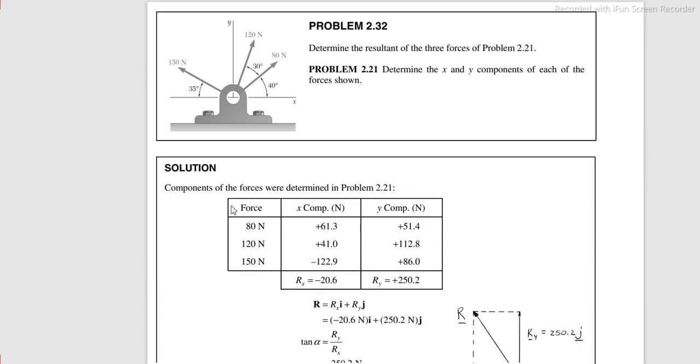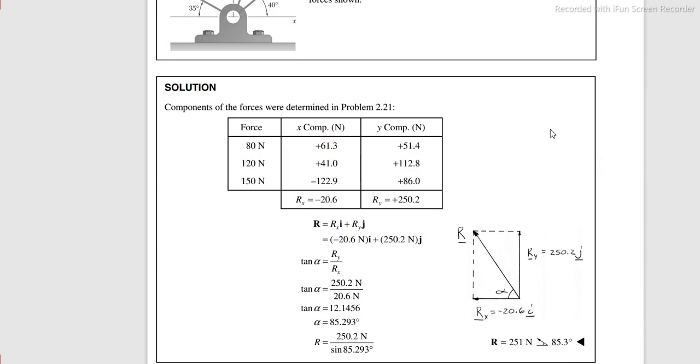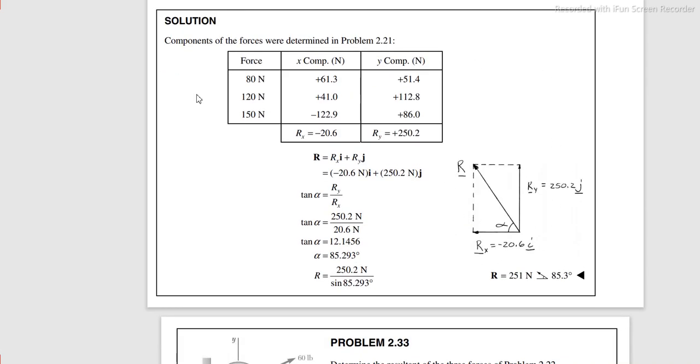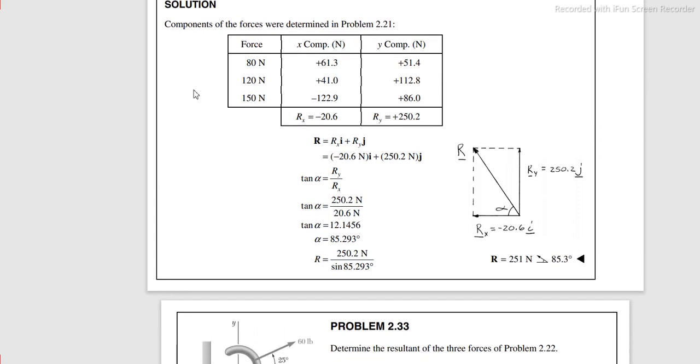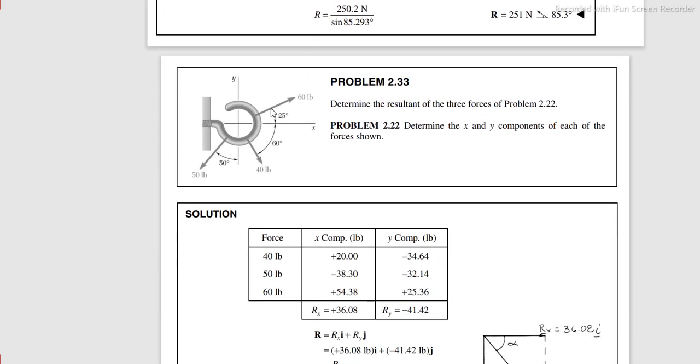measured. Problem 2.32, from previous problem 2.21, same. This here is the free body diagram, and this is all the components x and y, and R is measured. Problem